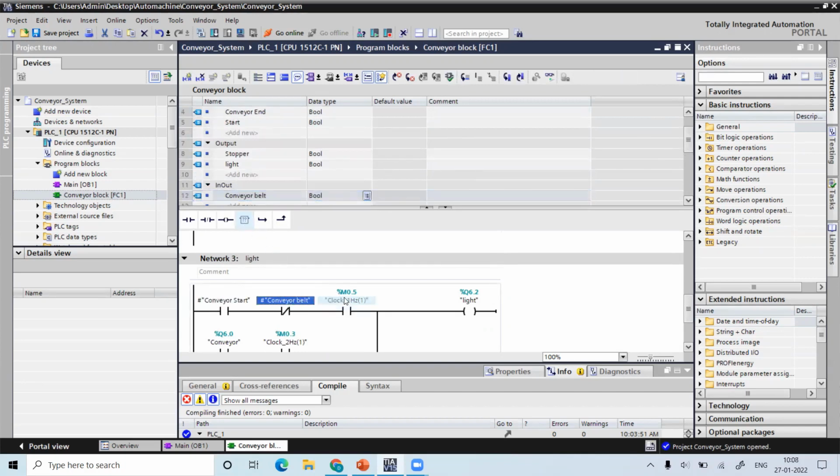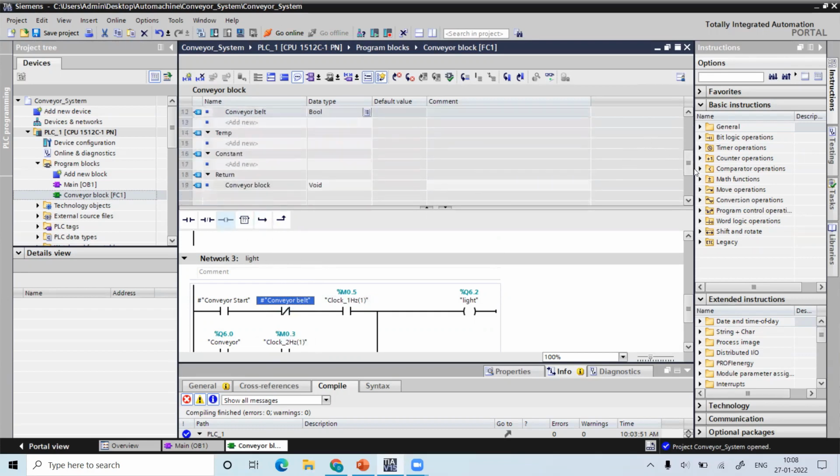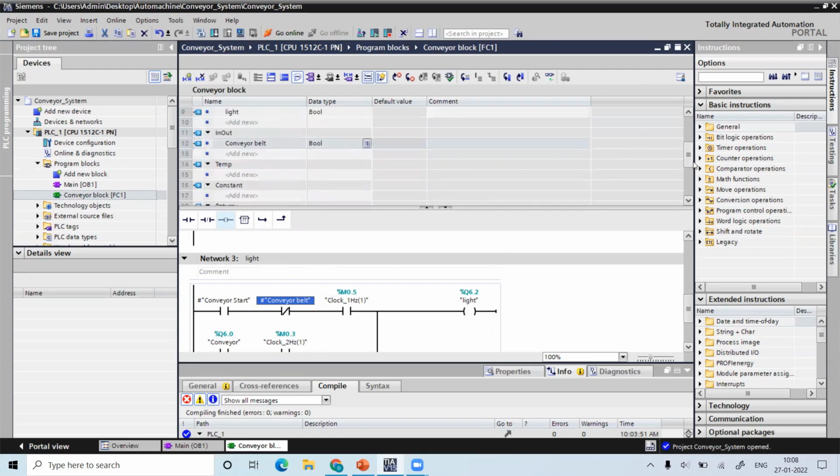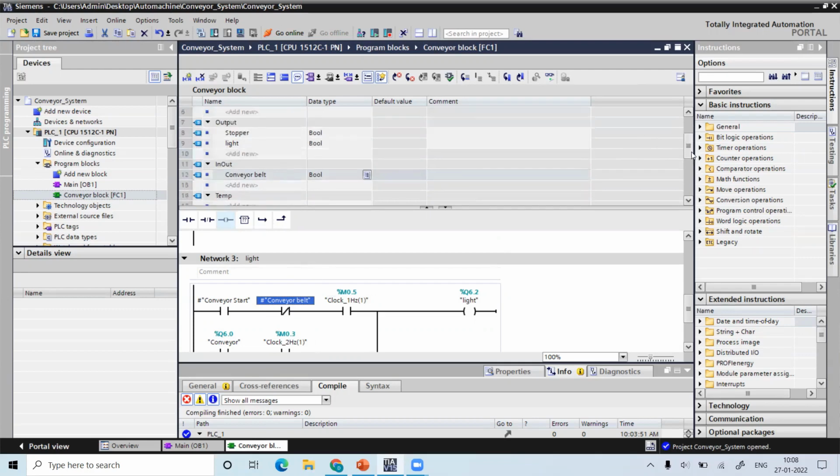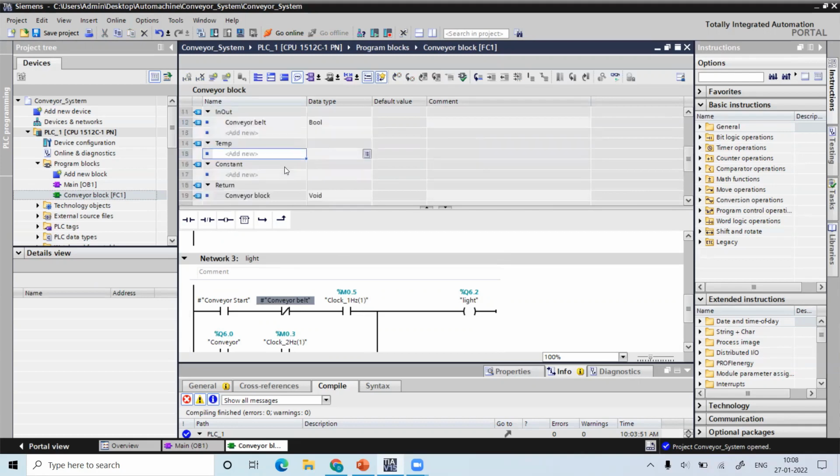And the clock, I will tell you from where you can get it too. The clock is an input parameter. This is a memory parameter, not an input and not an output. How you need to rename this clock with the memory parameter, we will see how we can do it. For memory, can we use temporary parameters? Okay, temporary values for memory.